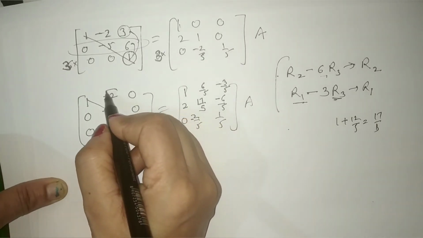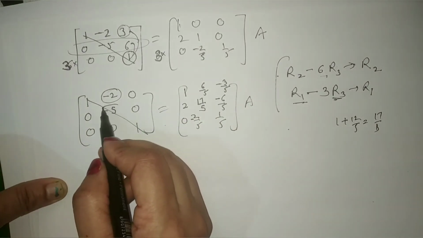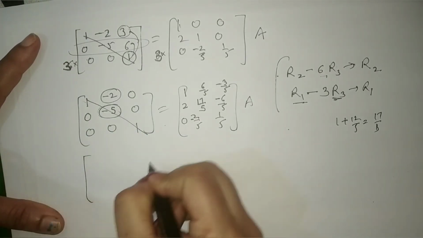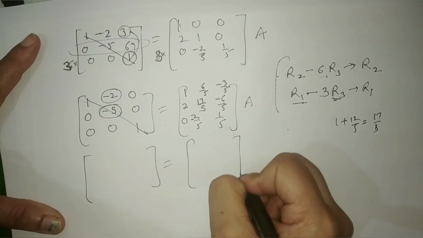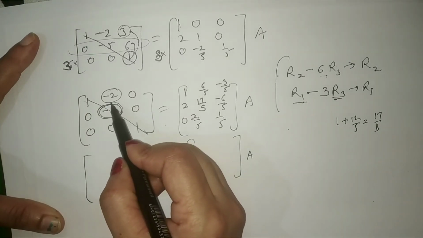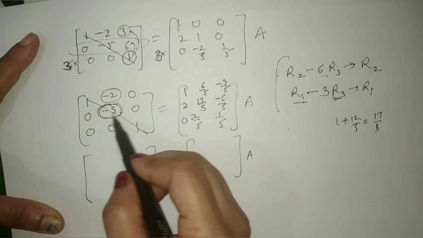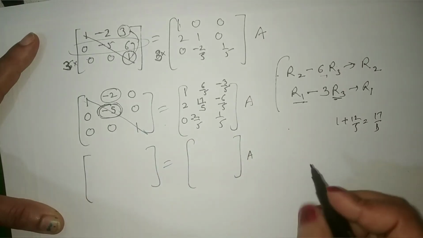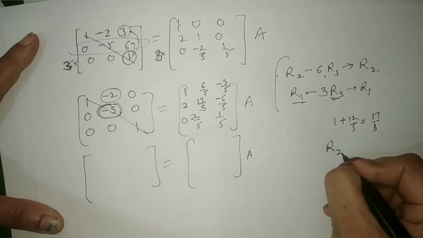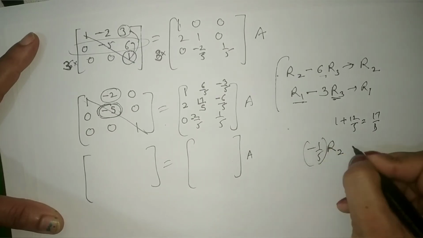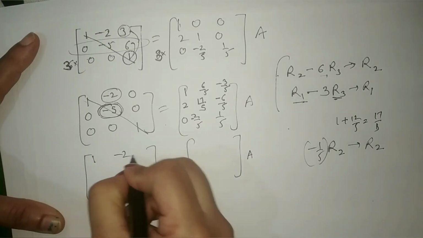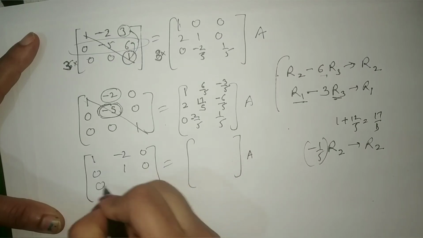Now we will make this element 0. Before that we can make this element 1, because it is a diagonal element. On the diagonal we need 1. So always remember, to reduce the calculation, to reduce the fraction, make the element 1 only after there are zeros on the other elements in that row. So in the row operation, row 2 when multiplied by 1 upon 5 will give us element 1. On both sides we have to do the same thing, 0, 1, 0, 0, 0, 1.